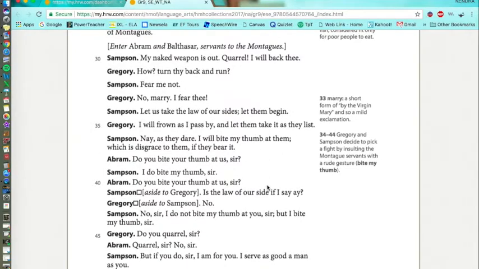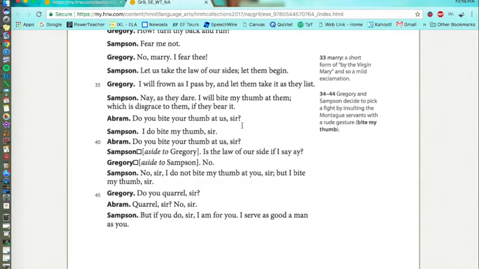Gregory: No, Mary, I fear thee. Mary is a short form of "by the Virgin Mary," and so a mild exclamation. Samson: Let us take the law of our sides, let them begin. Gregory: I will frown as I pass by, and let them take it as they list. Samson: Nay, as they dare, I will bite my thumb at them, which is disgrace to them if they bear